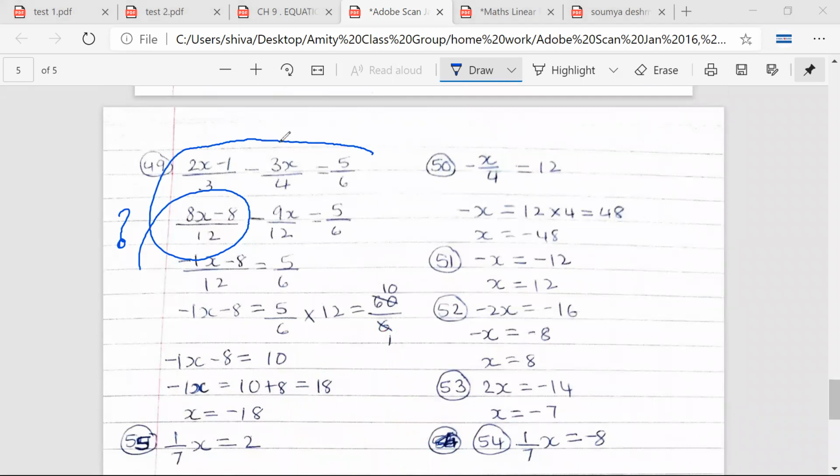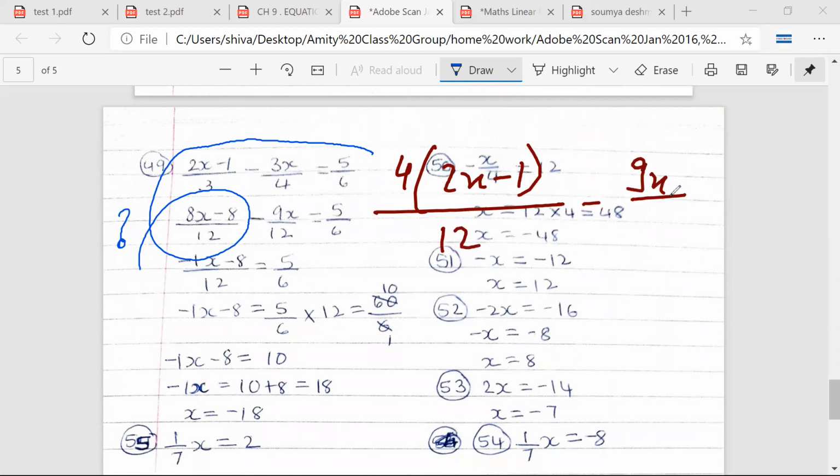Let's see the next equation. So 2x minus 3x plus 4 is equal to 5/6. Okay. So Aishwarya ji, can you tell me what you have done here? 1 second. So if you have multiplied the numerator and denominator by 4, please try to do it like this, for a simple reason that you will remember what you are doing.